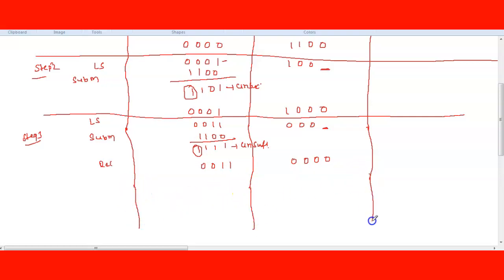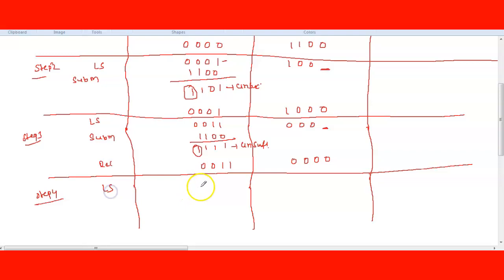Till here step 3 is also over. Now the last step, step 4. Left shift: 0 1 1 0, and here 0 0 0, and this bit is empty. Now again subtract m: 1 1 0 0. So 0, this is 1 1 plus 1 0, carry 1; 1 1 plus 1 0 is 1, and carry 1 we ignore, because it keeps recurring all the way to infinity, so we just have to neglect it. So this is 0 0 1 0.